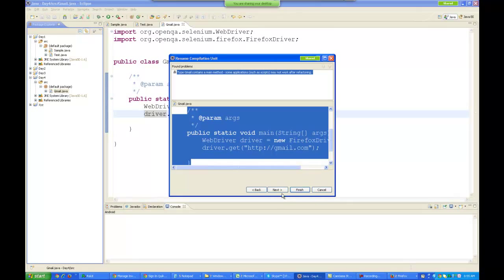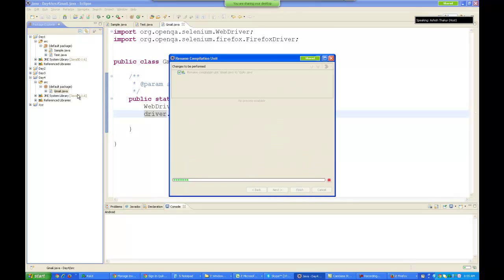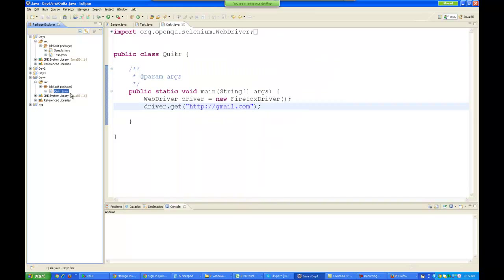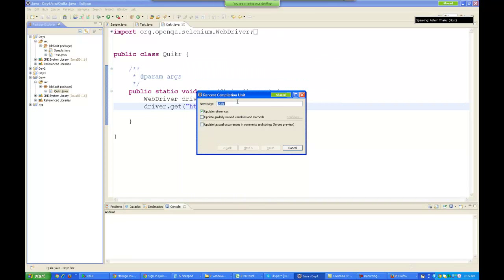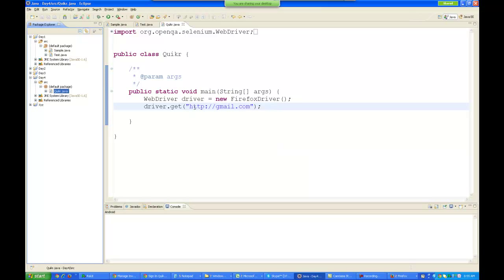Hold on. You can rename a file in Eclipse by clicking F2 on the file. Okay, I've renamed my file. If you click on the file and hit F2, you can rename it. Okay. Now you reach the website